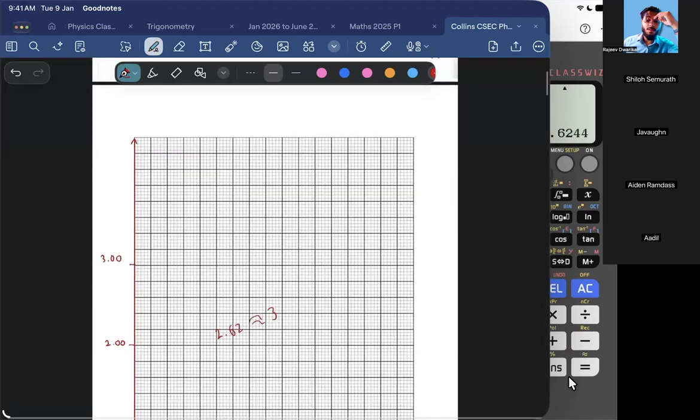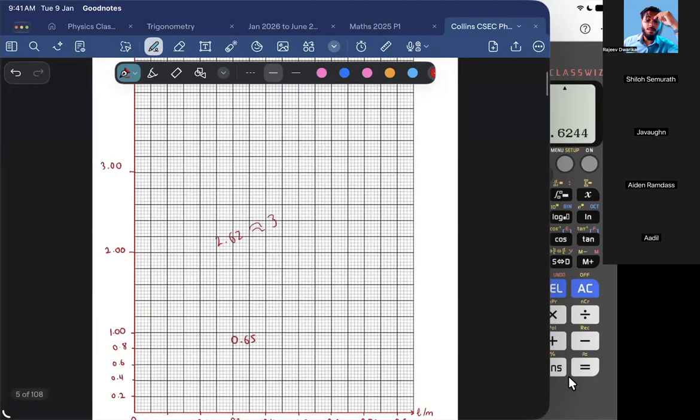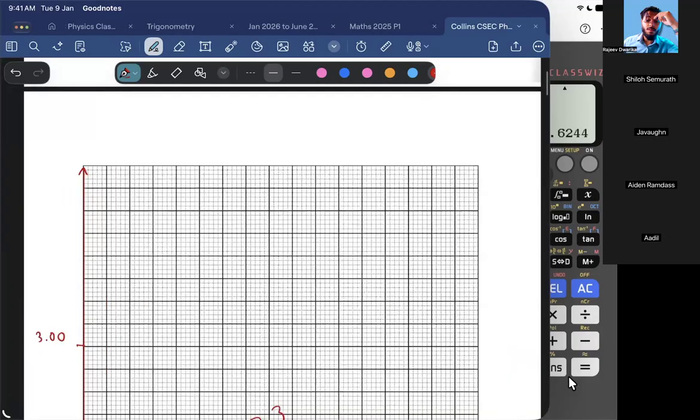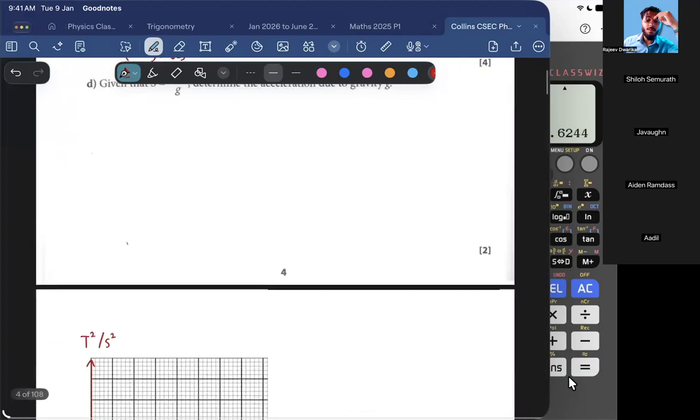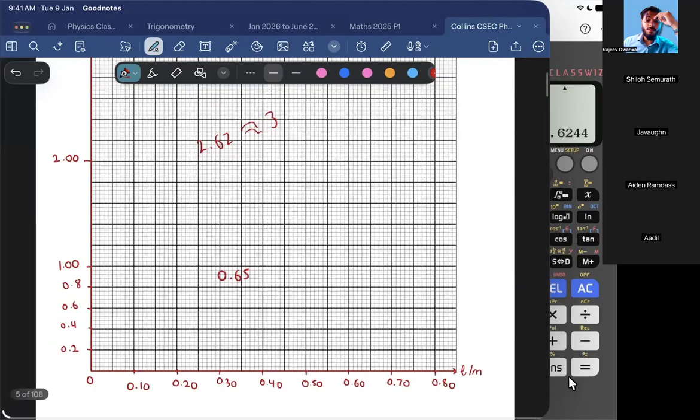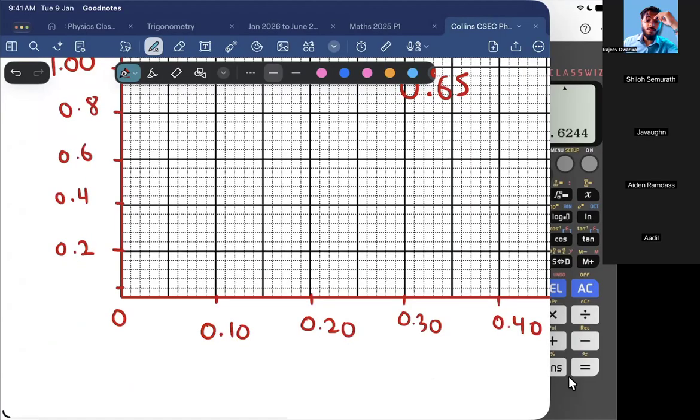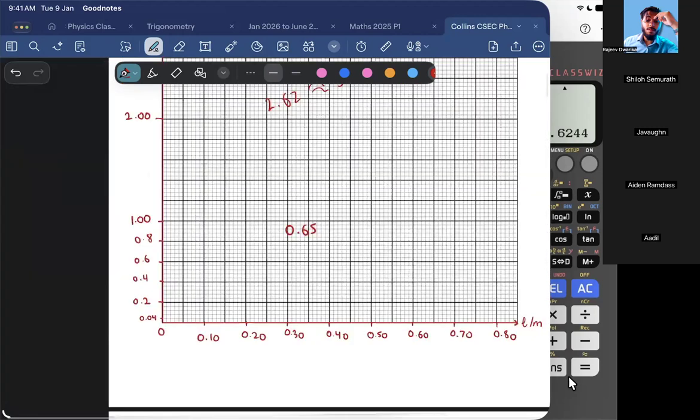We're gonna label the axes what? That'll be t squared, s squared, right? t squared versus L. Yes, sir. And now we need to figure out what the smallest block is equal to. What is the smallest block equal to? 0.04. There we go. So my first point